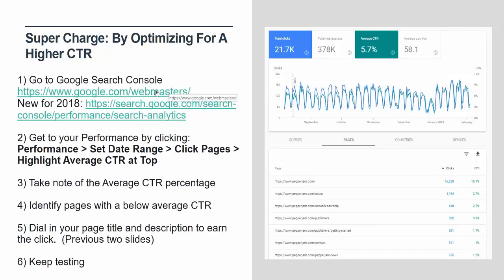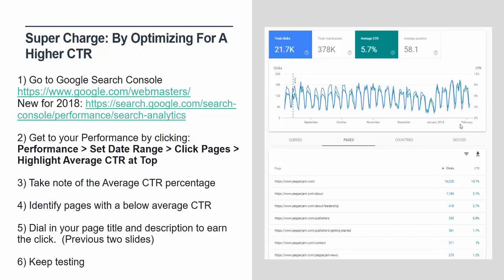So this is the old URL, and brand new as of a couple weeks ago, they updated it. So now it's, wow, tongue twister, guys, sorry about that. search.google.com/search-console. That's a mouthful for me to say. It looks like this, though.